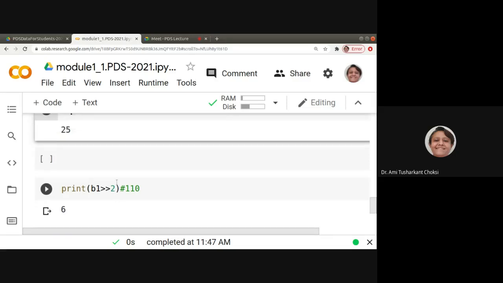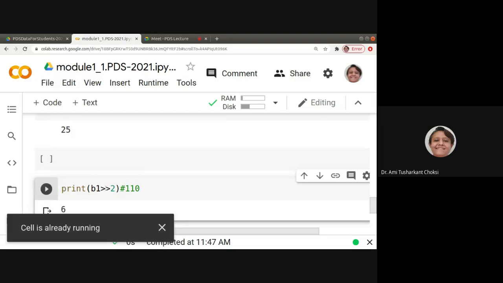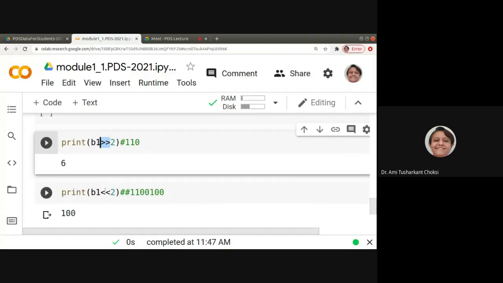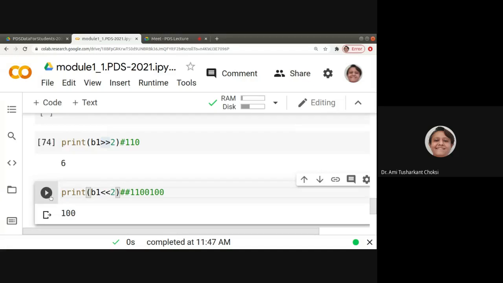So what we are getting is 6, right? We are getting 6. Okay. Again, for the same thing, what we are doing is reverse shifting, right? Reverse shifting. So we know that left shifting and right shifting, right?